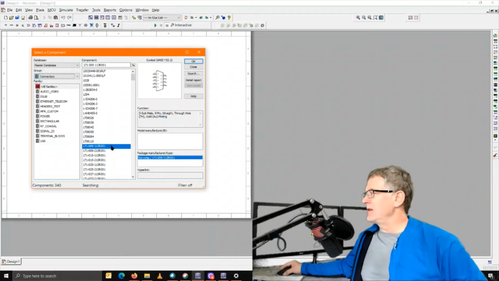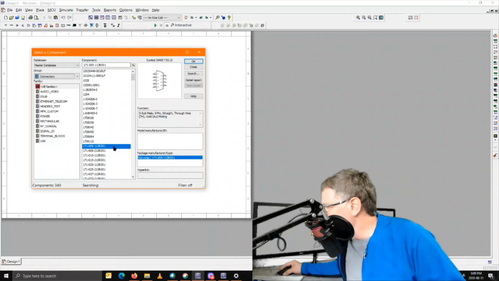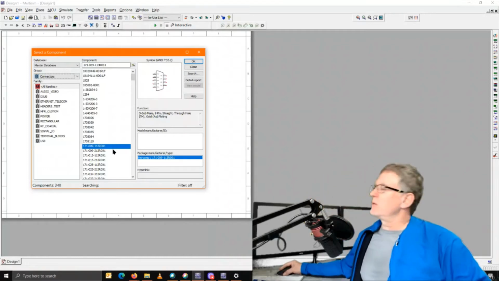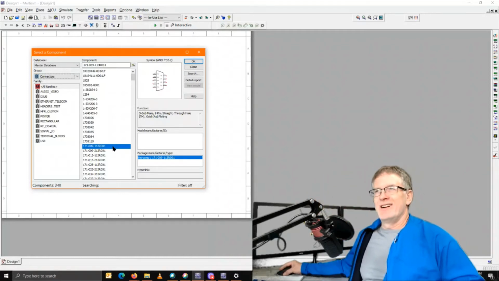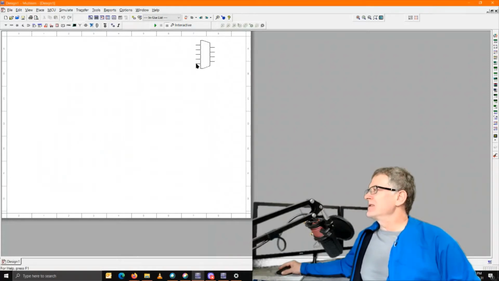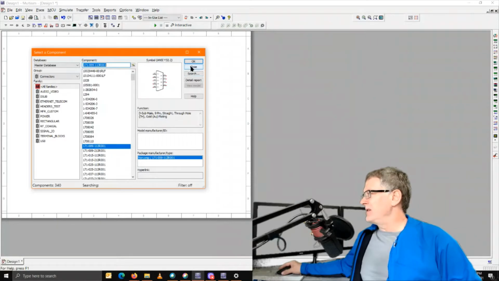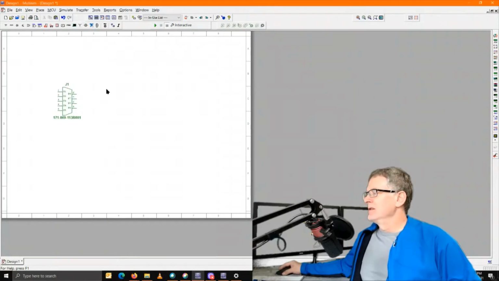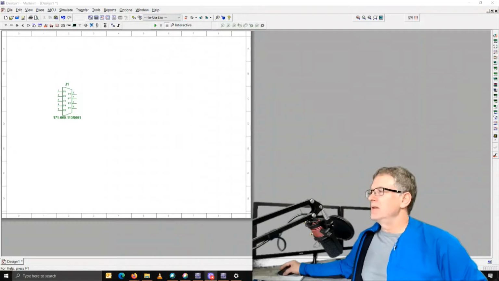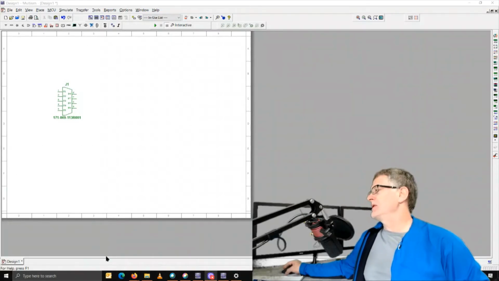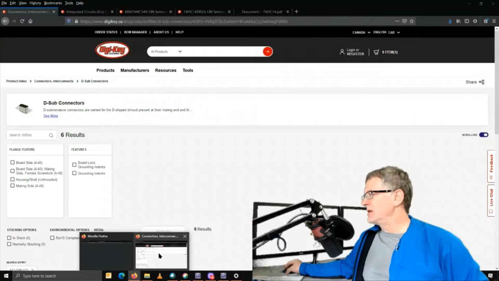And this particular connector is like a 171.009.113R001. And just the number itself kind of implies that this is a very specific connector. So it's a DB9, it's a 9-pin serial port connector with this part number, and that just seems to be very specific. And if you go into DigiKey and you search for this part number, what DigiKey will give you